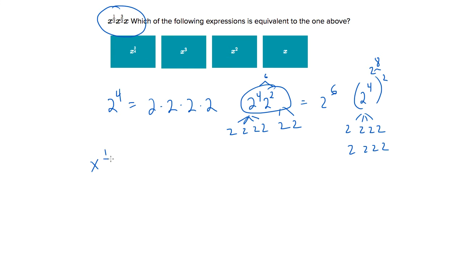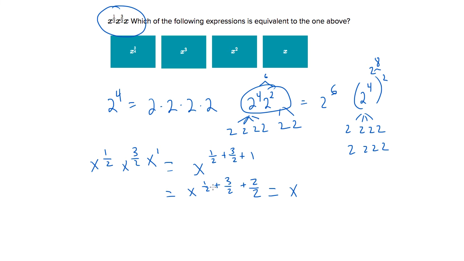So we have x to the 1/2 times x to the 3/2 times x. So all we're going to do is add these exponents together. So it's just going to equal x to the 1/2 plus 3/2 plus, wait, we don't have an exponent. Well, that means our exponent is just 1. Well, let's give 1 a common denominator. So let's call it 1/2 plus 3/2 plus 2/2, because that's 1, equals x to the 1 plus 3 is 4, plus 2 is